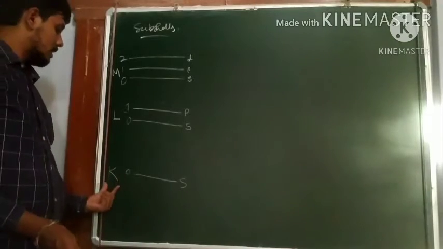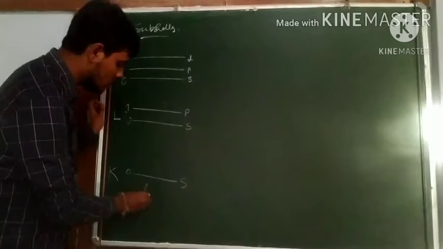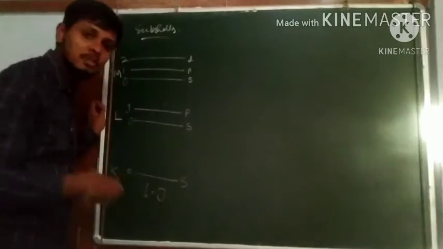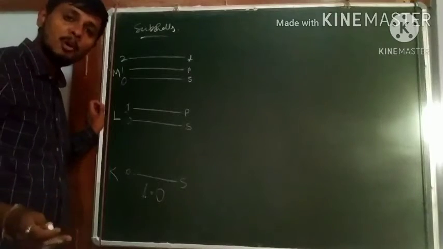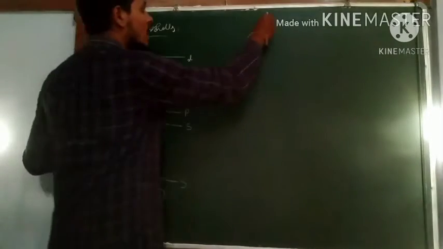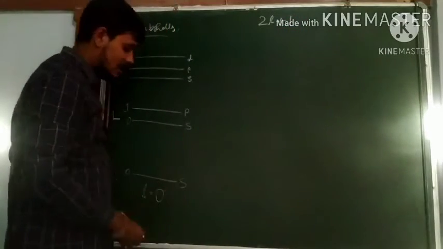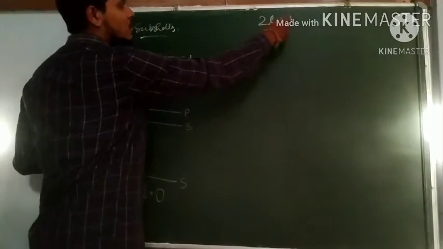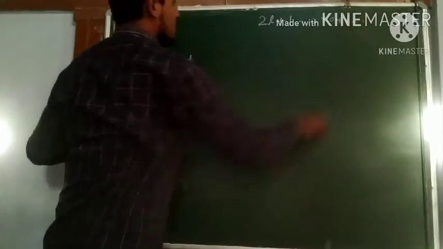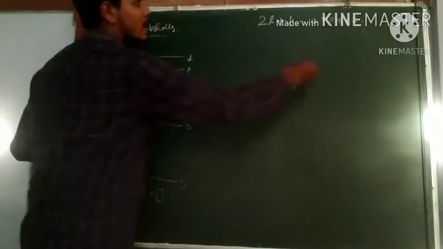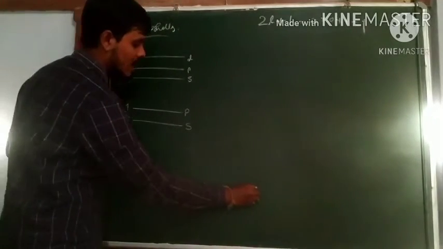So for K shell we have only one subshell. The L value is 0. The value of L is 0 because it is S. If the value of L is 0, how many ml values do I get? So number of ml equals to twice L plus 1. So if the value of L is 0, then I get one ml. So 2 into 0 plus 1 equals to 1. If the value of L is 0, then I get only one ml. That means for this value of L we have only 1 ml value.